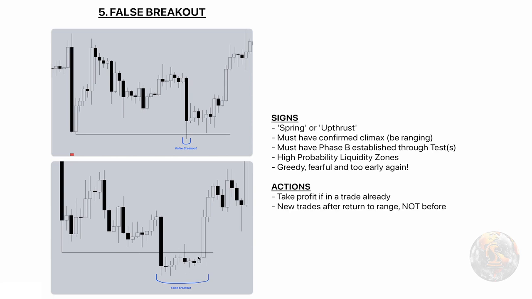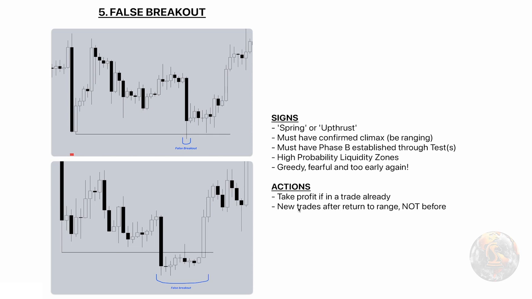What are your actions here? False breakout. Well, if you're in a trade from the range, so say you were shorting after the secondary test or whatever, this is your time to take profit. Do not hold it on. Don't try to be a hero. Don't try and be greedy. If you shorted because you think you're in a Wyckoff accumulation and you shorted up here, then when you get your false breakout, take profit. If you short the secondary test or you short any other part of the range, take profit. Because the chances are the first time we have the break of range, it's going to be a false one. Second and third and fourth breakouts are more likely to be the real breakout, but the first one, which is what we're talking about, that's the time to take profit.